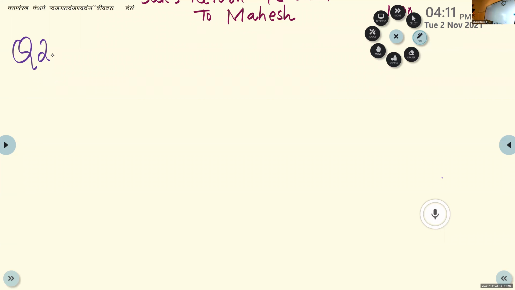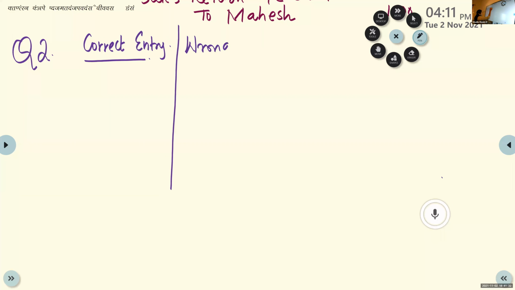So I suggest you go for 3 sections: the correct entry, wrong entry, and rectification entry. In the earlier case, it was complete omission, so we knew that particular entry should be written, and it was not compulsory to follow the format. But from now, it would be better if you do this: correct entry, wrong entry and rectification entry. The correct entry we already have written in question number 1.